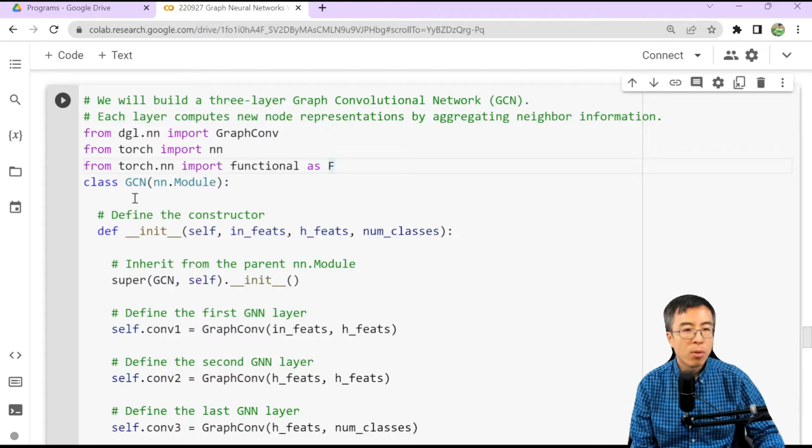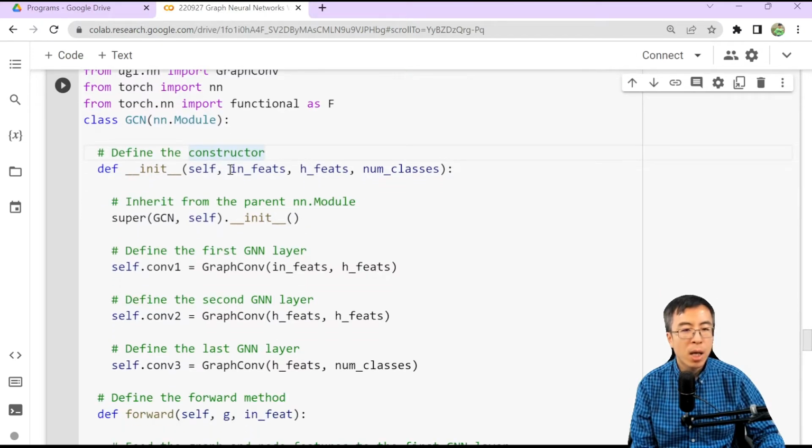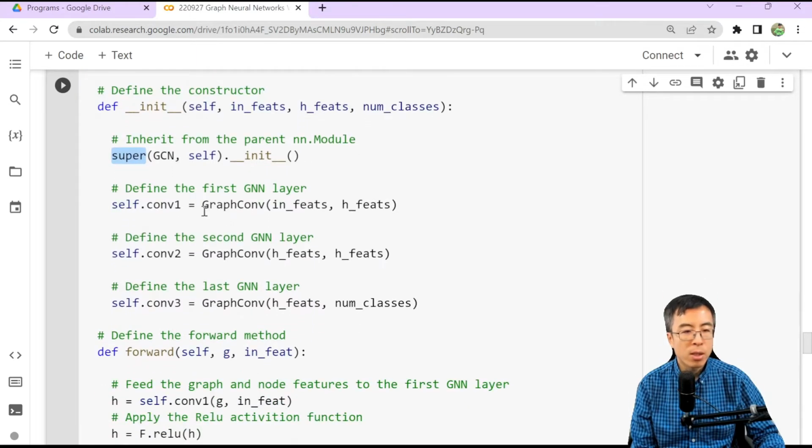Here, we build a customized layer, and it is a child of the nn Module. Let's define the constructor. The constructor takes 3 arguments: the input features, the hidden features, as well as the total number of classes. And we inherit from the parent nn Module using the super method.